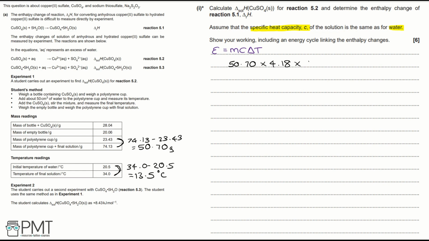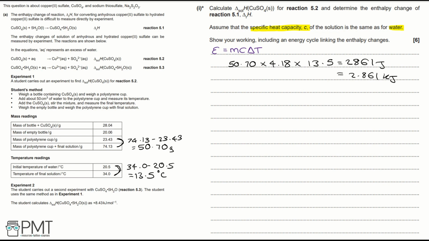So multiplied by 13.5, that equals 2,861 joules. But we want kilojoules per mole because this is what we measure enthalpy change in. So that would be